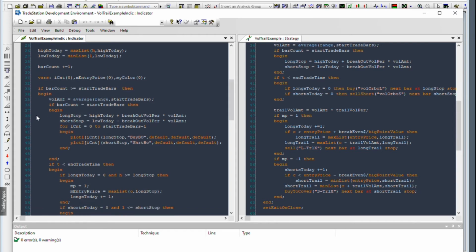But in this case, I have to keep track of whether I'm long or short myself, because you can't look into the current market position from an indicator. It doesn't have that value because it's not designed to; it's not a strategy. So you have to keep track of that stuff yourself, and I had to do that as well. I calculate my long stop, my short stop,